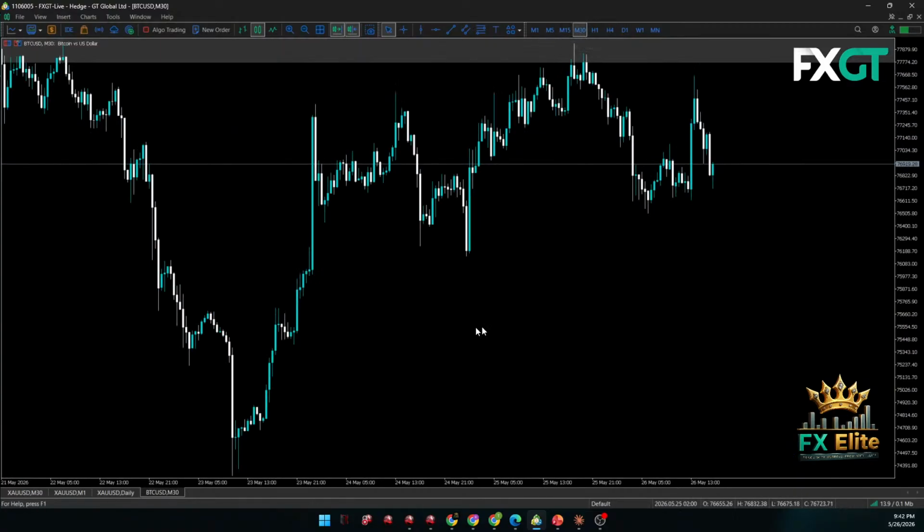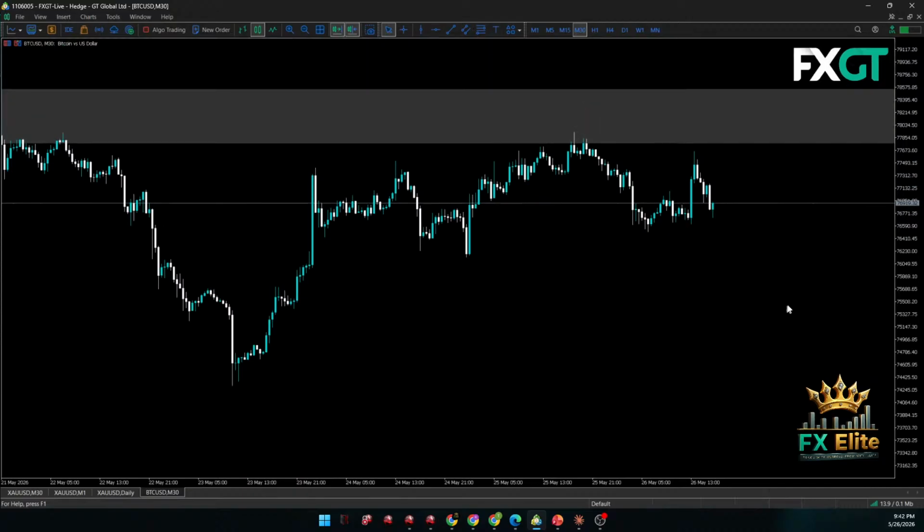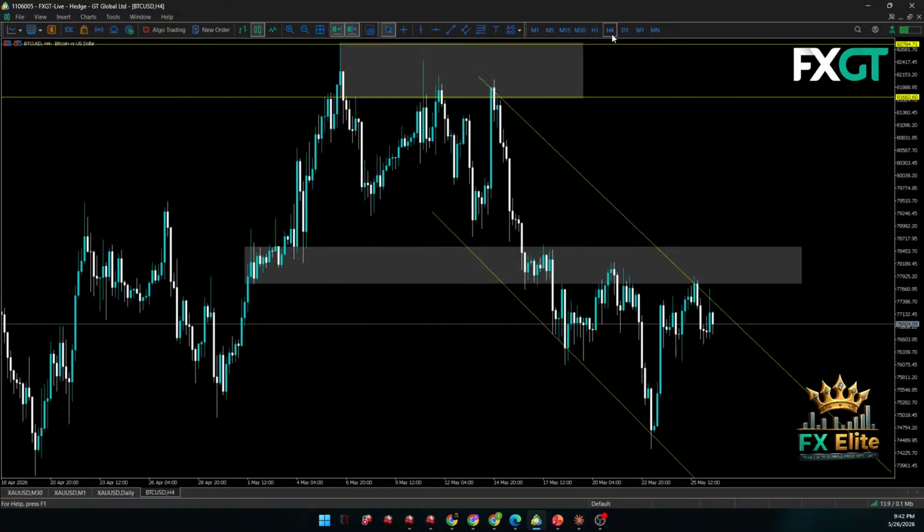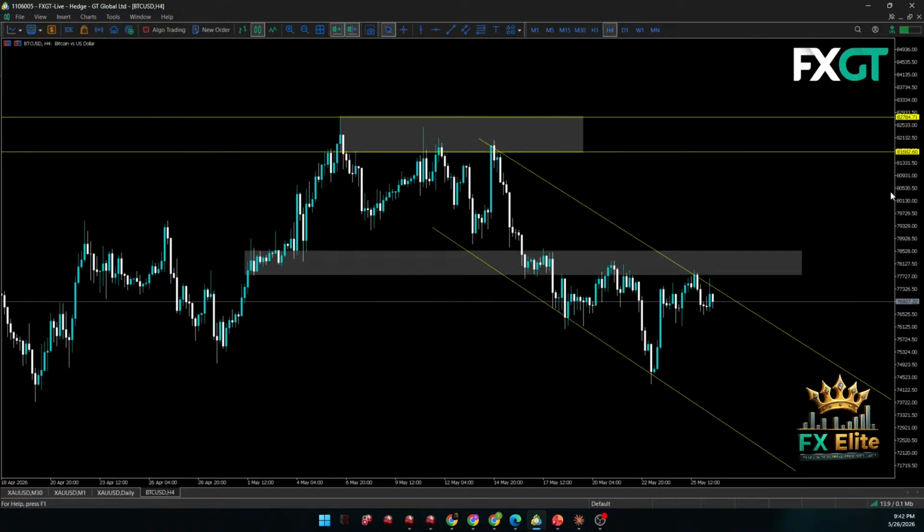All right. So now, how do we trade SNRs, for example? Again, this is one of the examples that I'm showing you right now. This is a point of entry, because one, you are at the SNR flip zone, and then you have the trend line as well, and then you have a clear rejection of price over here. So this is already a confirmation that this zone has been rejected,